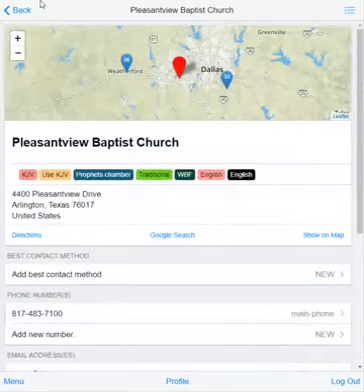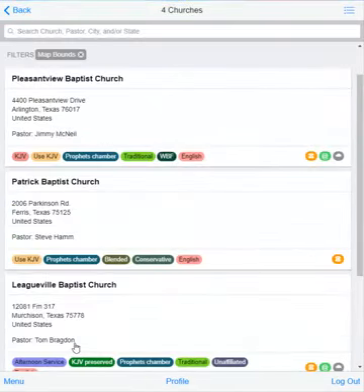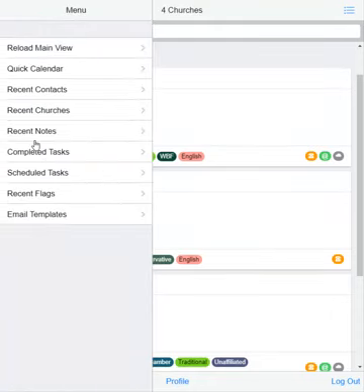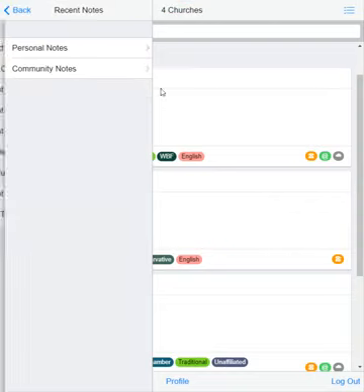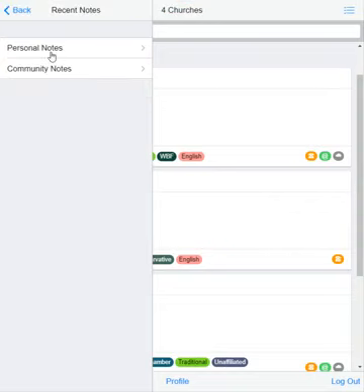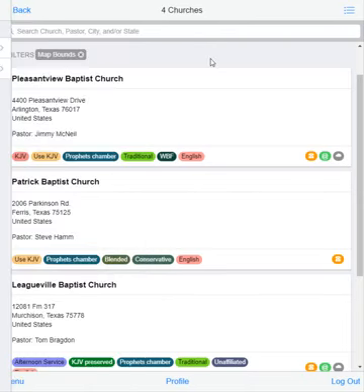And then make sure as well, just on a side note, that there are some great notes here in the menu. If you look under the recent notes, there's some great stuff in here to help you get an insight into churches while you're calling them. Of course, you can have your own personal notes and community notes as well. We covered that in another topic before, so I'm not going to go into that whole discussion right now. But that's how I find churches that have prophet chambers when somebody asks me for a specific area location,